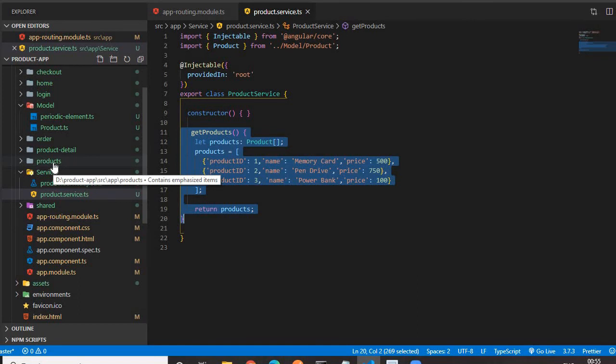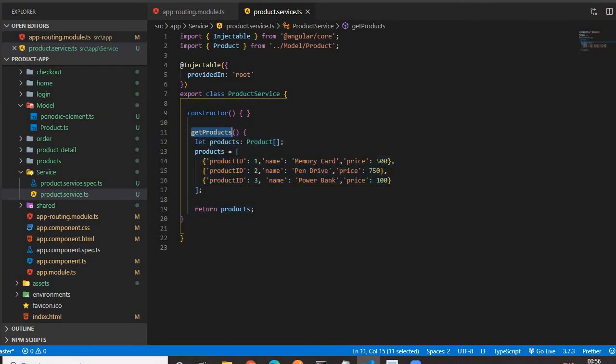So instead of initializing the same array of objects in each component, we will write it in a service and call this function in the product detail as well as the product component, because these two components need this array of objects. Please remember, this function is returning an array of objects.